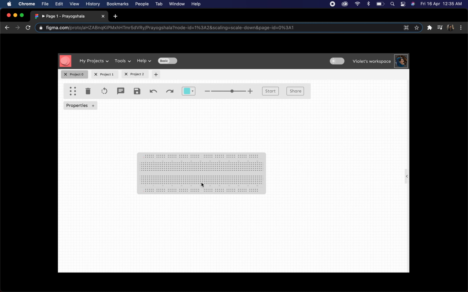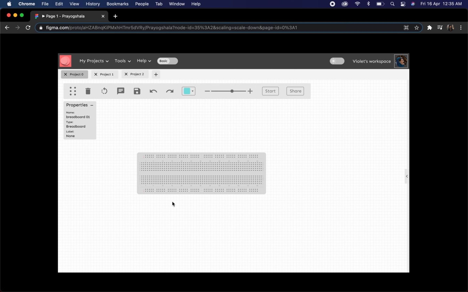Here you can see this is a basic interface. If you click right here, you can switch to the pro interface, in which we have some more options and everything is a bit more nuanced. For example, here we have the 3D option, which will switch you to the 3D interface, and here we also have this code option, with which you can add code to your projects and work with much more advanced stuff such as Arduino and other things.